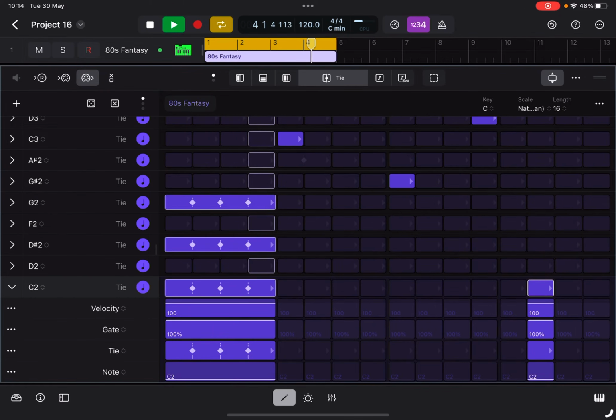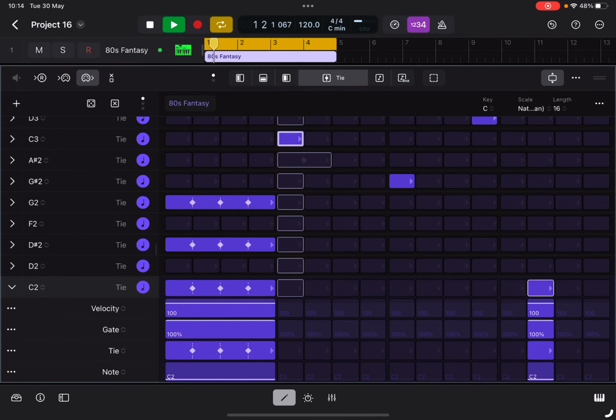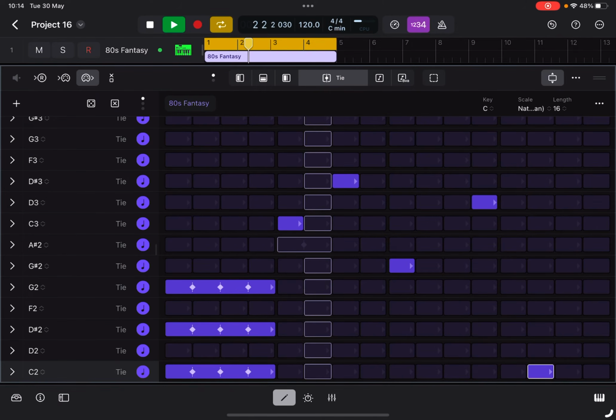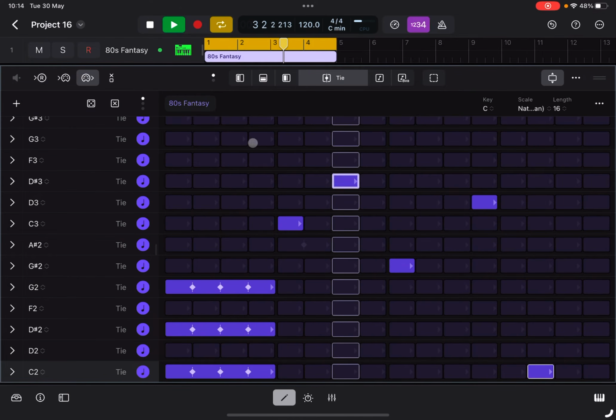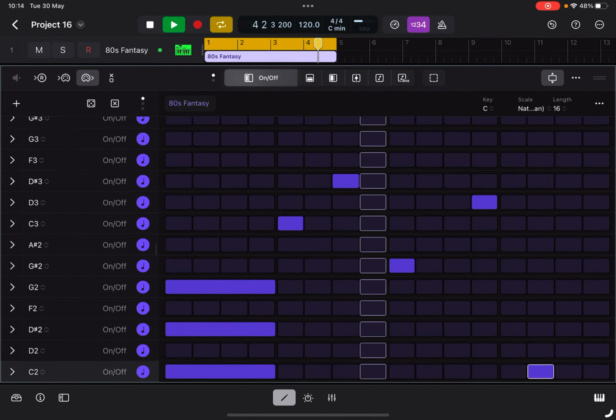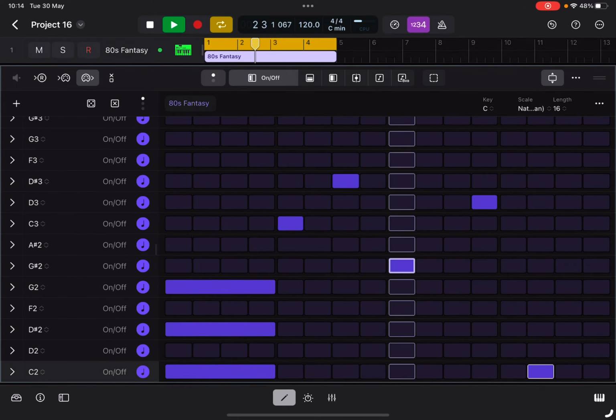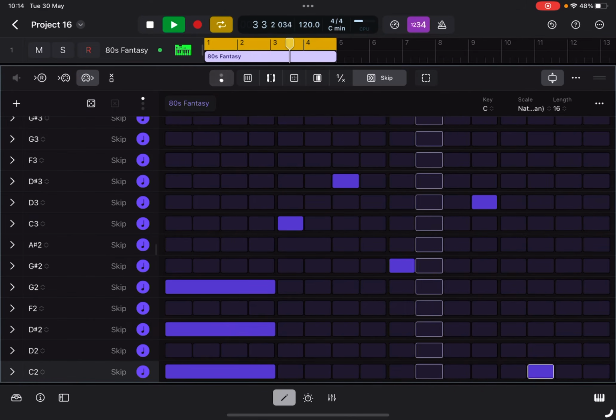So you can do really cool stuff like note repeats and whatnot, like you'd normally associate with your drums, but obviously with your melodies, that's really cool because you can get some really interesting variations with just doing that. If, say for example, you go to